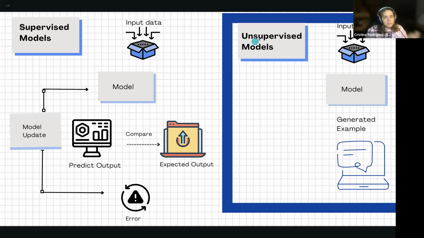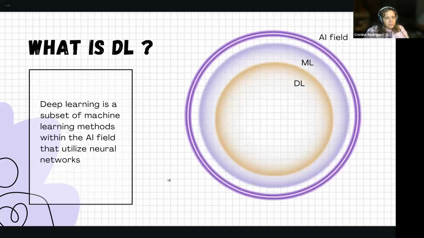In the unsupervised model, you just put the input and the model generates an example. These are the kind of models that we use, for example, with sentimental analysis. You put a lot of, I don't know, tweets to programming, and the programming will tell you if it sounds joyful or if it sounds sad, or if it will recognize some kind of conflict. But here you don't have a training model. In the supervised models, you have a training. And this is important because